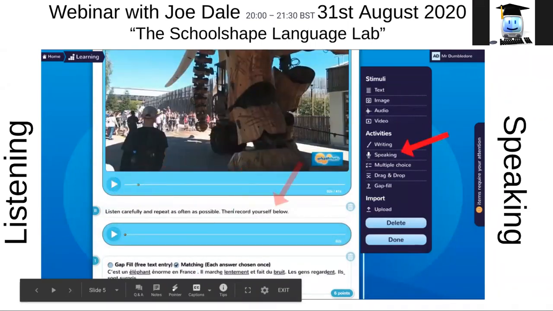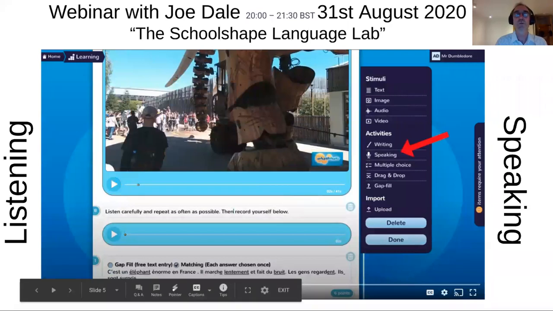All right. Okay. So we put in a listening section there, and the point I was going to make about that is that with the audio file that you have beneath the video, it means that when you're creating a worksheet, you can use any video with any audio, so you can adjust the audio according to what video you want or what level you want. Because the most difficult thing with video is to find the level of language that you want